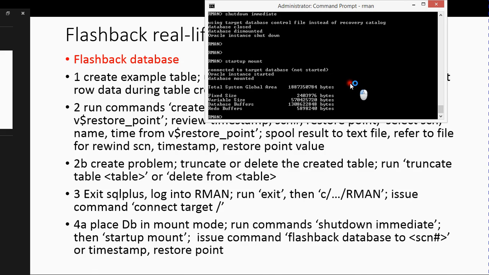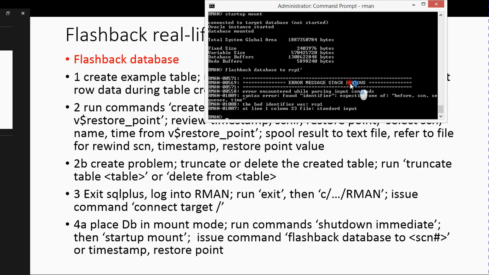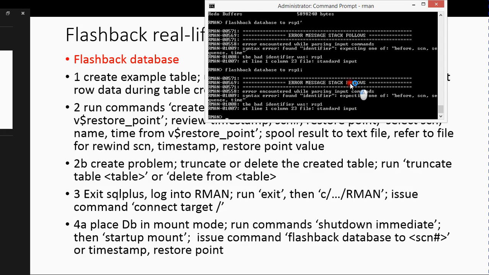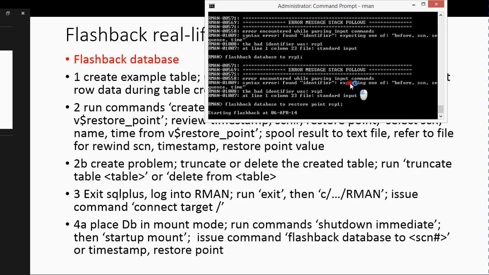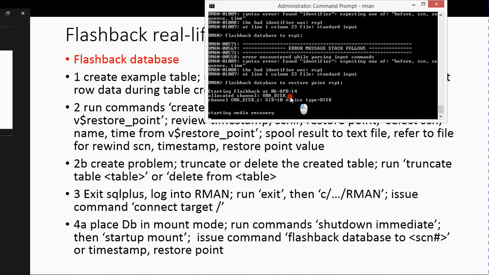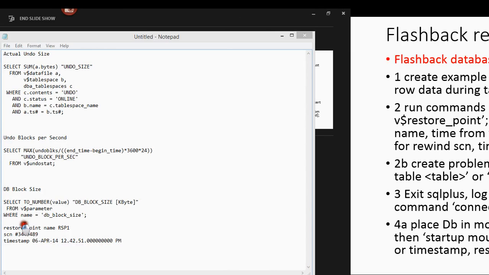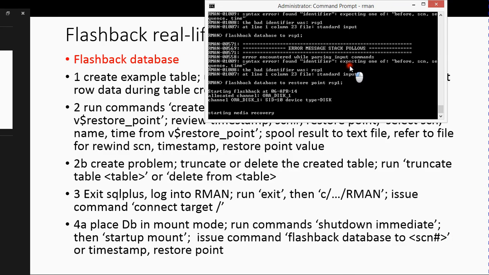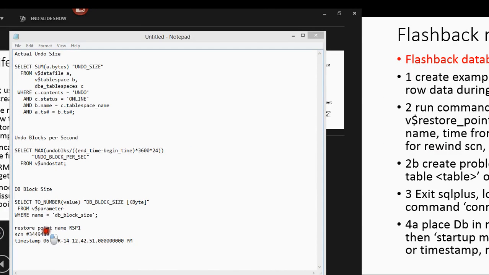Okay, so what I'll do now is flashback database to RSP1. So this time I decided to go with a restore point. I could have selected the SCN or the timestamp. Typically, what you'll find is that using timestamp is much more